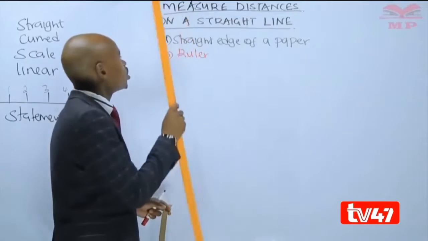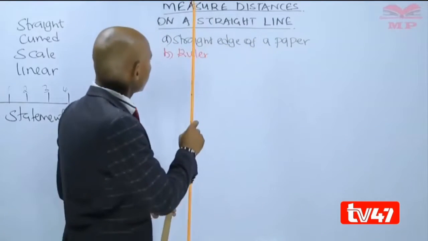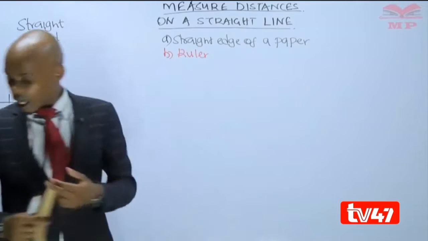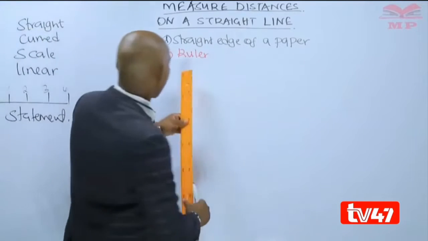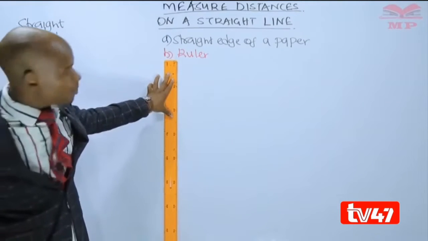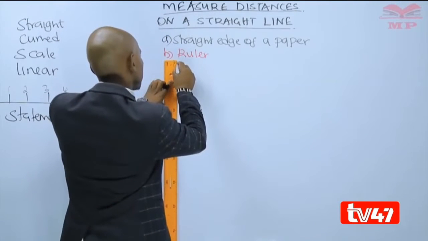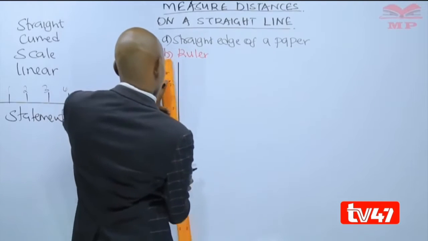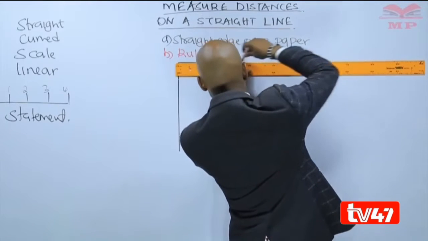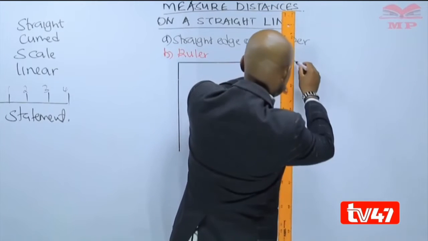We shall start off by using a straight edge of a paper. We shall start by measuring using a straight edge of a paper, and for that matter we need a representation of a small map. We need a map. For instance, this is our simple map. This is the map in the question,